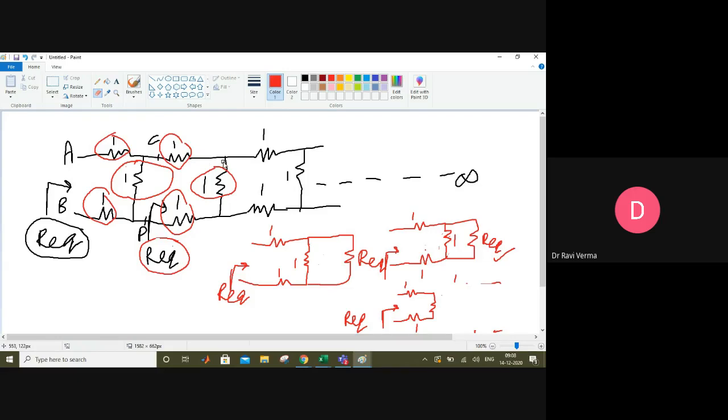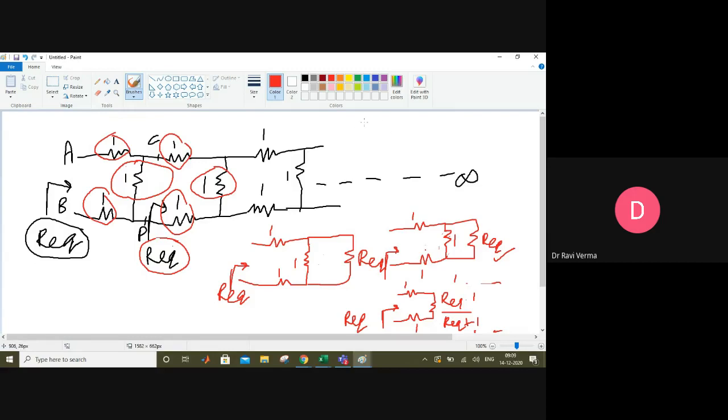Okay. So last time this was short circuited, so we kept it as R equivalent dash. But this time all are R equivalent. So this will be R equivalent in parallel with 1. So R equivalent into 1 upon R equivalent plus 1. So what will be the resultant? R equivalent into 1 upon R equivalent plus 1. Any doubt? No, sir. So this R equivalent into 1 will be nothing but R equivalent, so R equivalent upon R equivalent plus 1.